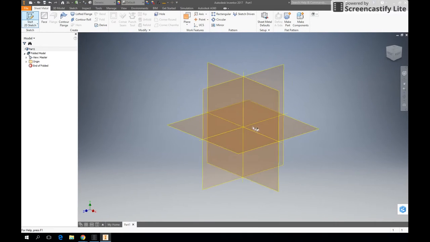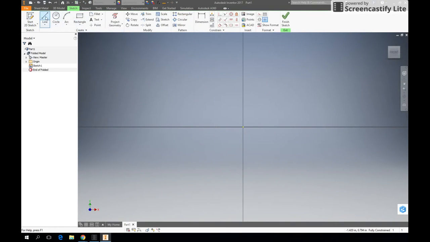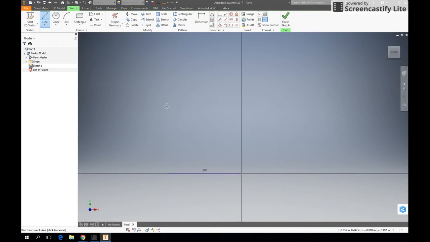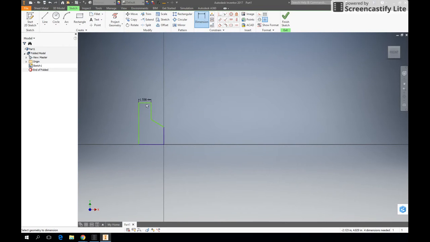And we'll start drawing our sketch. To end the sketch, you can either press enter or right click the mouse and click OK. Dimensions are done the same way they're done in SolidWorks, so that's pretty easy to figure out. And once we fully define our sketch,